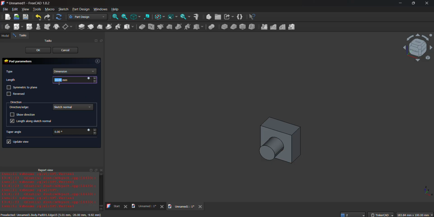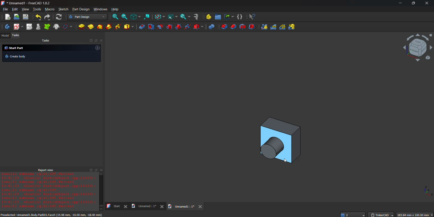Instead, I'll have a shorter one, since later you will add a fillet here. So let's have 8.5 millimeters.